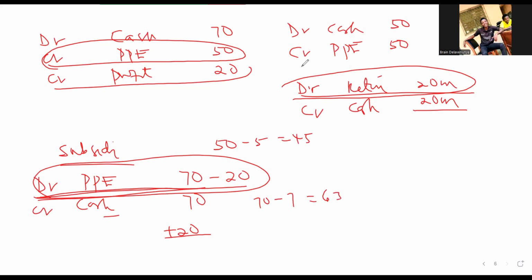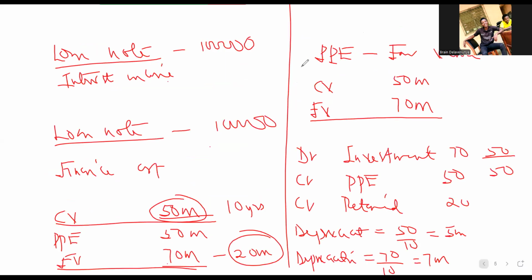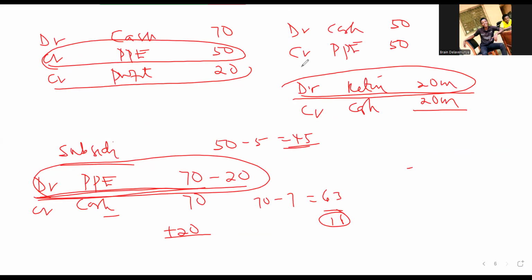So how much do we need to get 45? You subtract 18 from this figure to get the 45. How do we do the 45? You go and subtract the 20 from your asset, which is the 70 that they have included in their PPE, bringing that down to 50 million. But the depreciation that was charged over here was 7 million. But the actual depreciation should have been 5 million. So it means that they have overcharged the depreciation by 2.